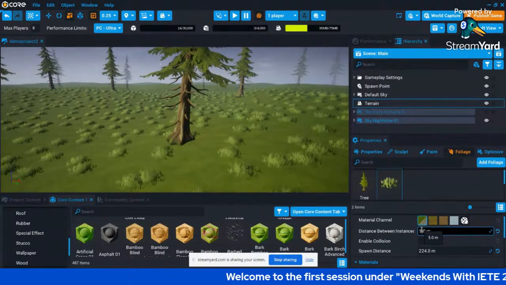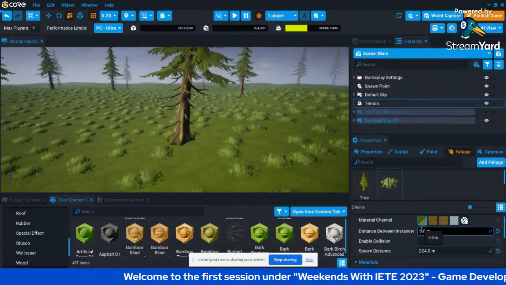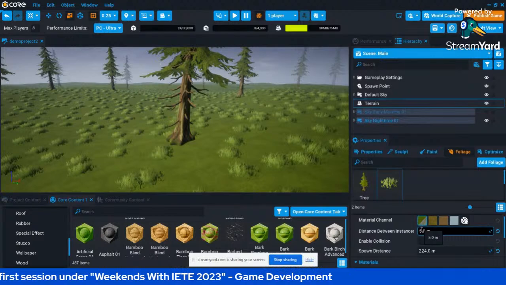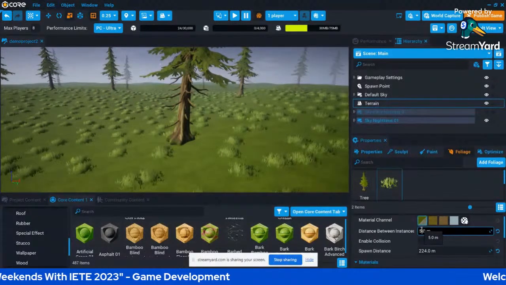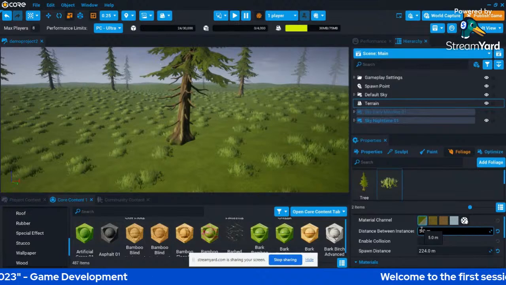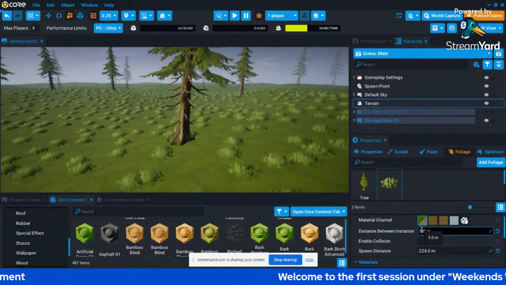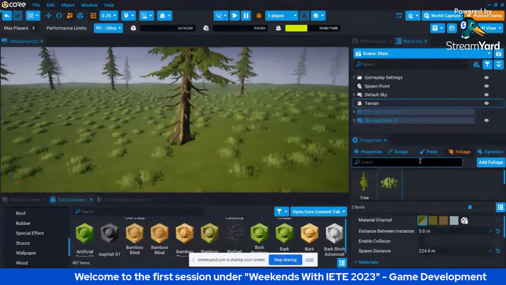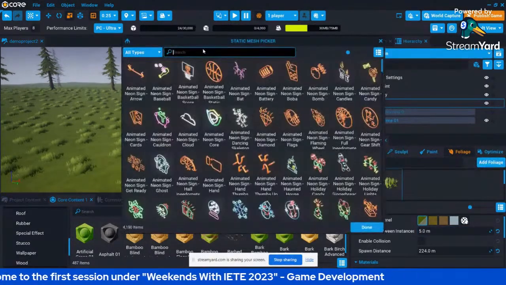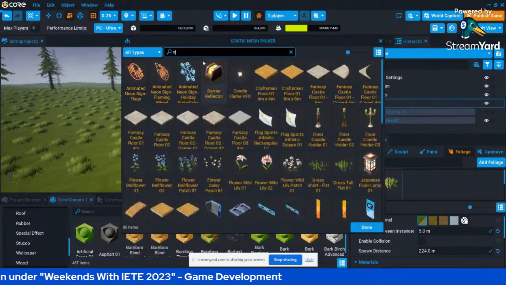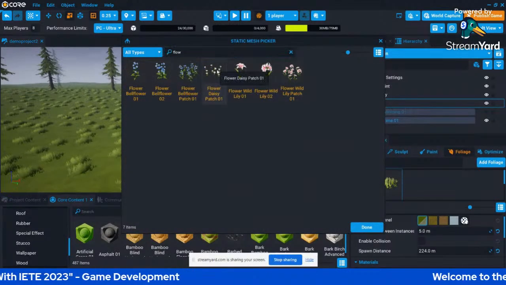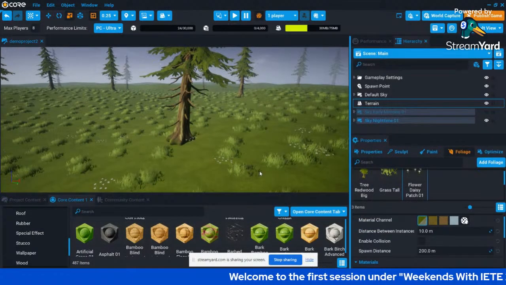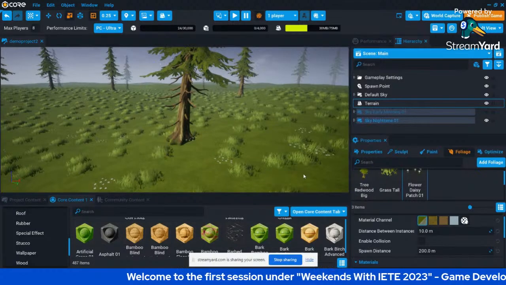And it is as simple as that. You don't have to drag and drop each grass and each tree like we did in the template. But if you're using the terrain, you have this wonderful feature of selecting the props, and they will be distributed on the entire floor equally. We can add some more props as well. Again, add some flowers. This time I will go with these. You can see the small flowers all around. You don't even have to select the location, they will be distributed automatically.